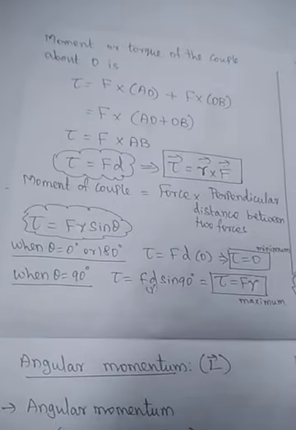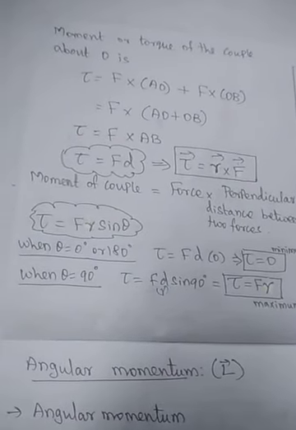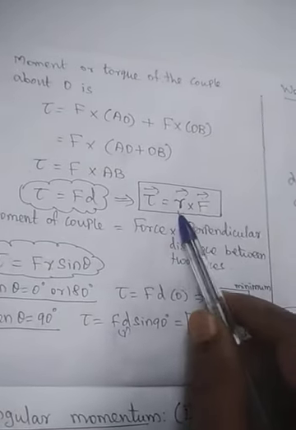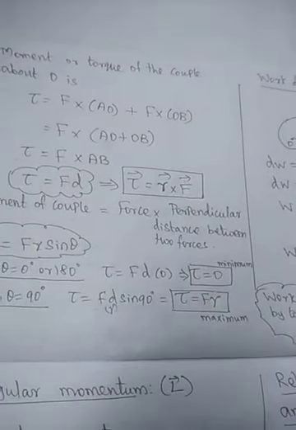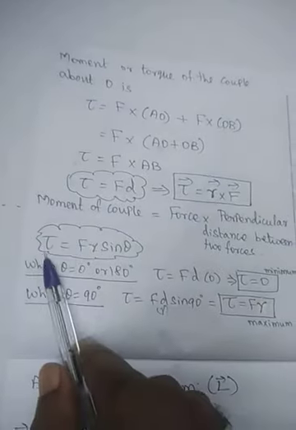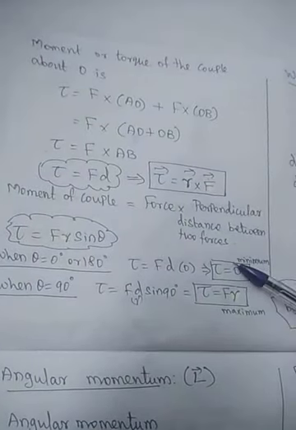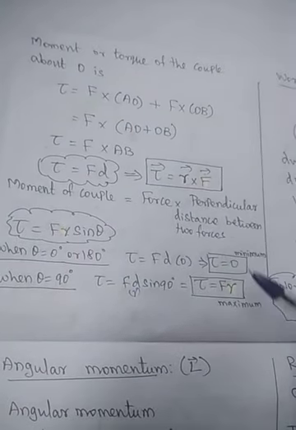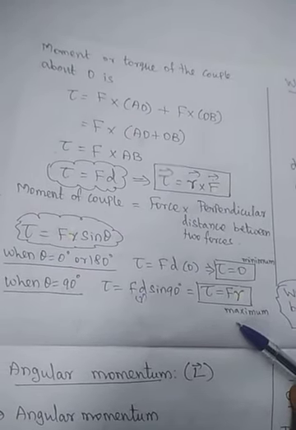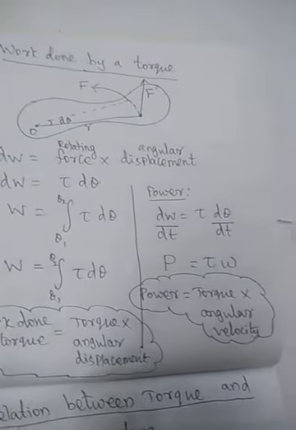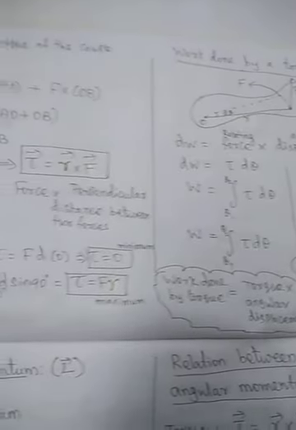After that, we found that, very simply, torque is a vector quantity. Torque is the vector product of perpendicular displacement and force. So we can simply write torque is equal to F R sin theta. It will be minimum for parallel and anti-parallel angles and maximum for the perpendicular angle of 90 degrees between the force and displacement. So these are all the torque concepts.